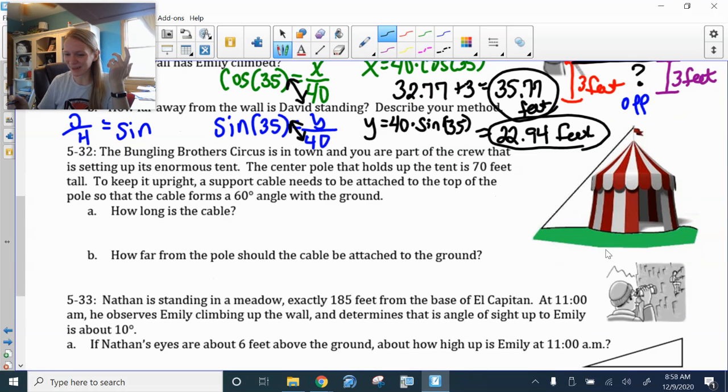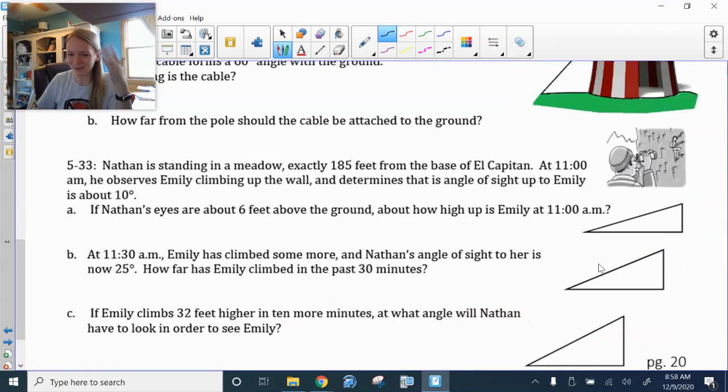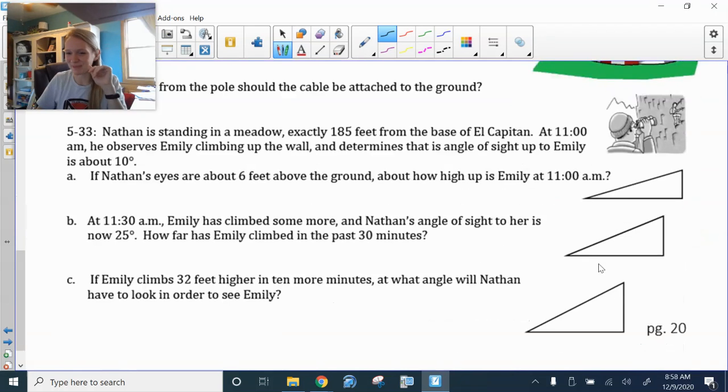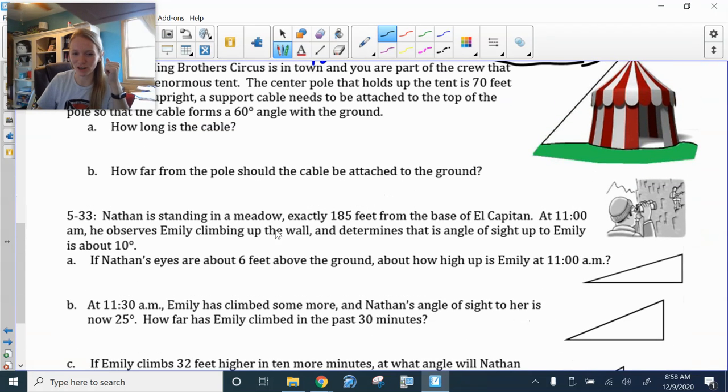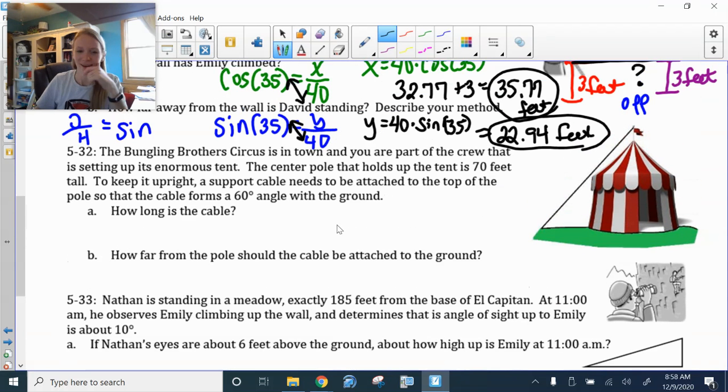Okay, let's try one more here. Yes, there are these other ones down at the bottom, but it's just more of the same. Now we have someone who's watching her climb, and that's kind of weird. This is just, again, some more of the same types of problems. The Bungling Brothers Circus is in town, and you are part of the crew that is setting up the enormous tent. The center pole that holds the tent up, so this pole right here,